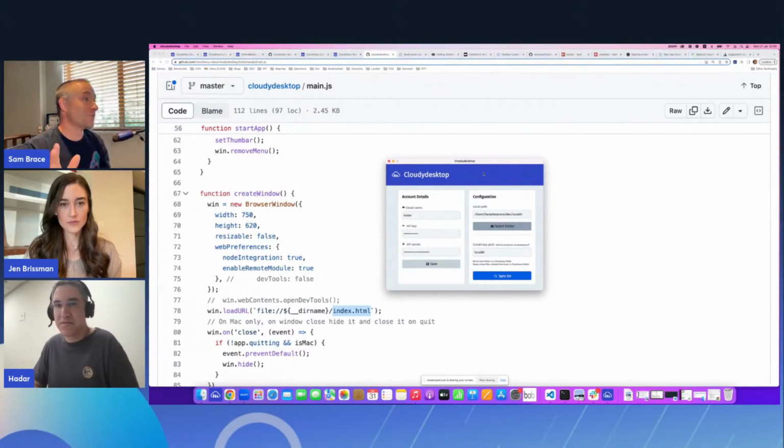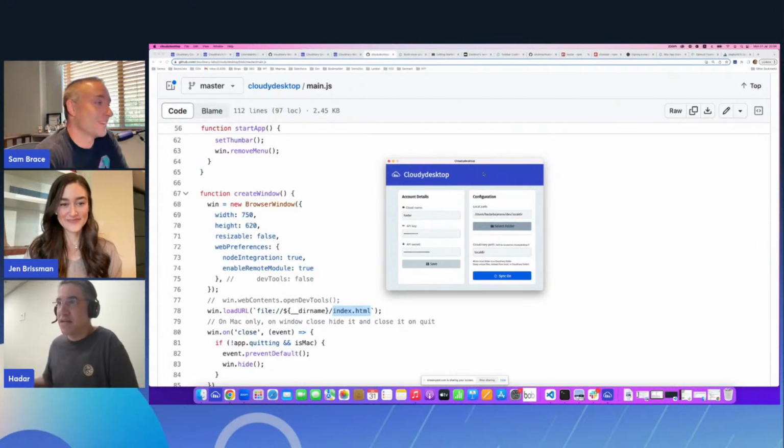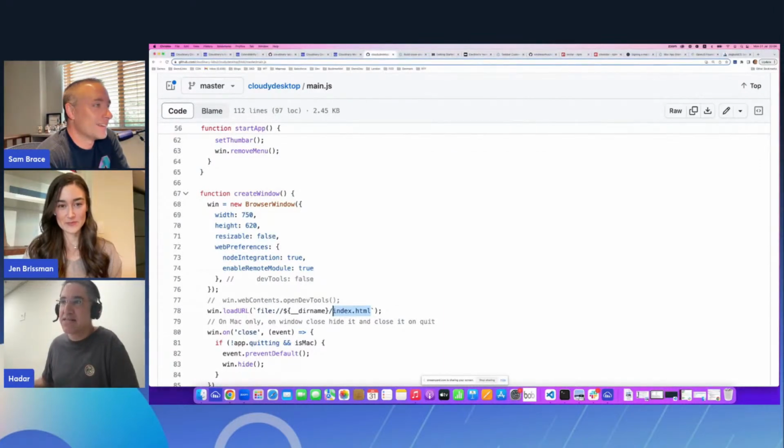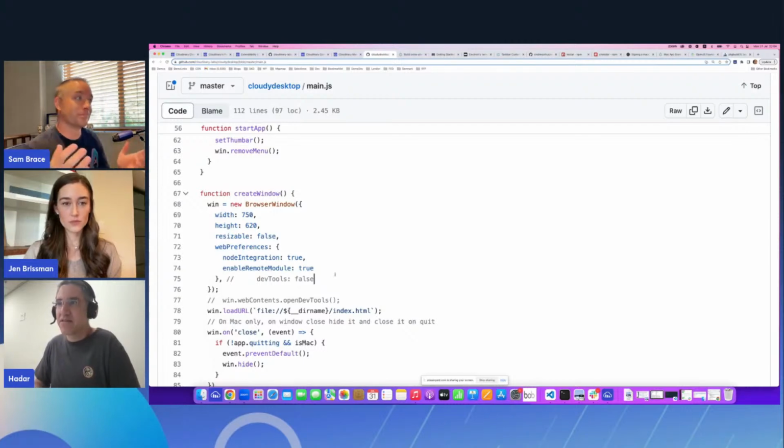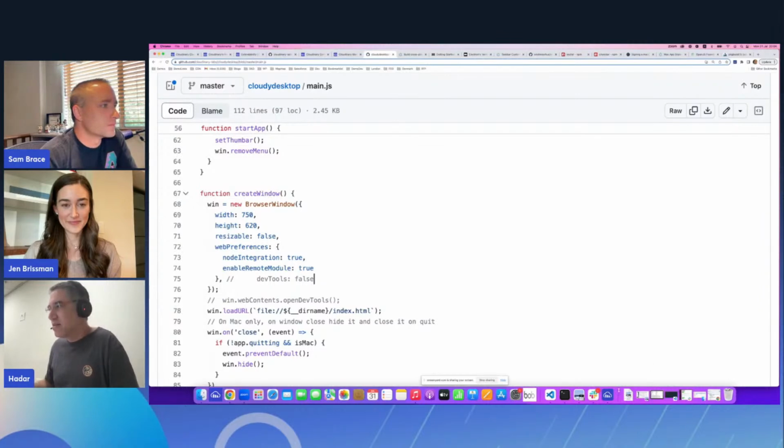This is the part that blew me away when I first saw CloudyDesktop, when you could actually pop open DevTools inside of this. That's cool. Yeah. So the reason I can do it is exactly this code here. So I can decide to disable it, right? If I now go to Slack or to Visual Studio Code production version, I won't be able to open the DevTools because probably it's disabled. Right. So they probably have DevTools false on their code, but here you can see it's remarked, and therefore I